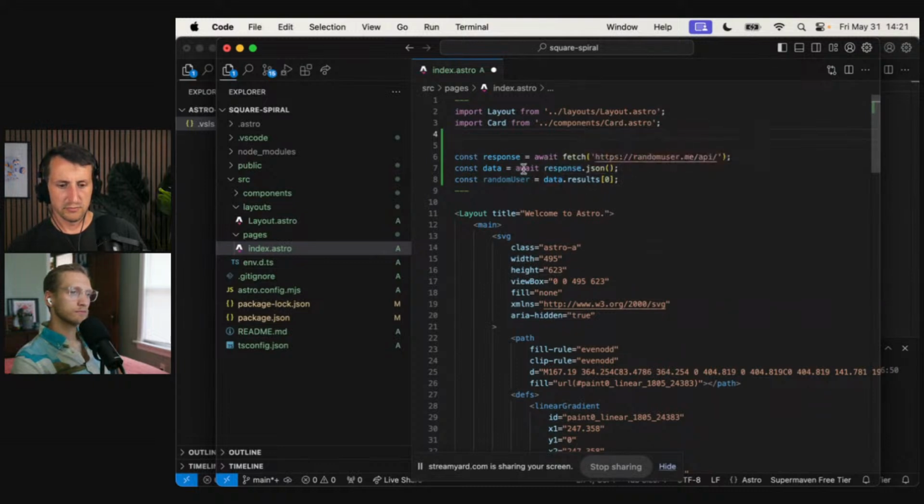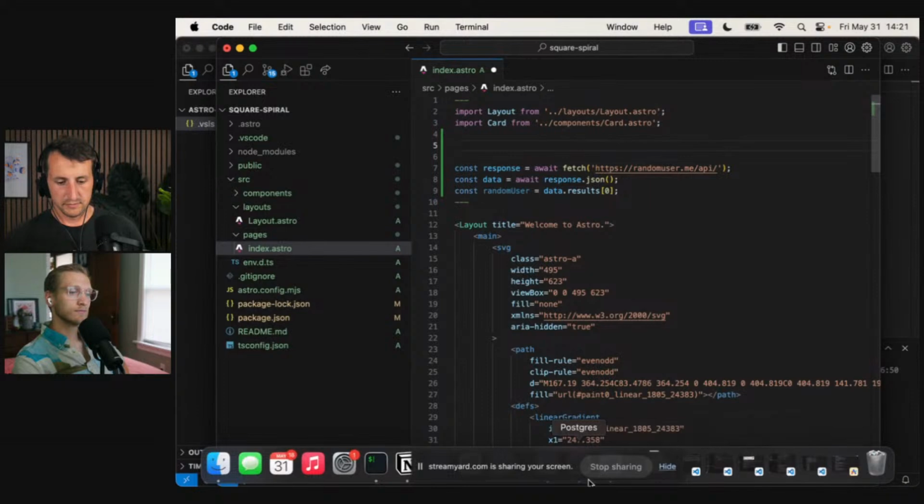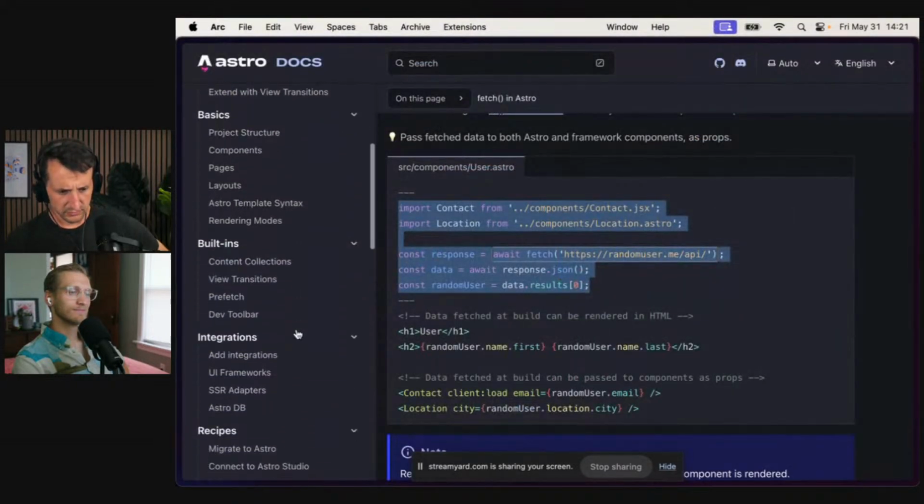What they're getting is the response from this random API, and then here's the object that they're getting as a result. So it's similar to what we're trying to do. What we forgot to look at was the environment variables, so let's make sure we know how to do that too.